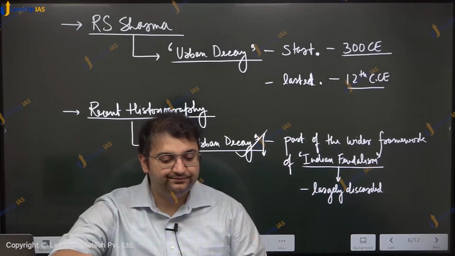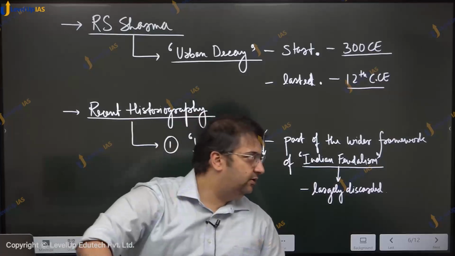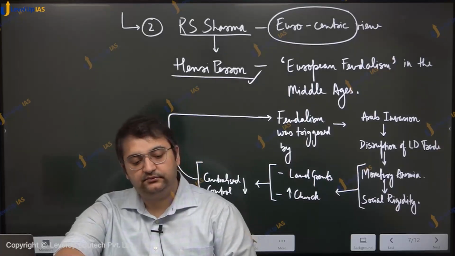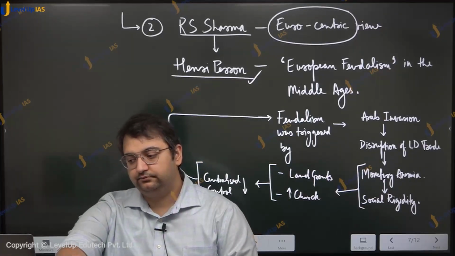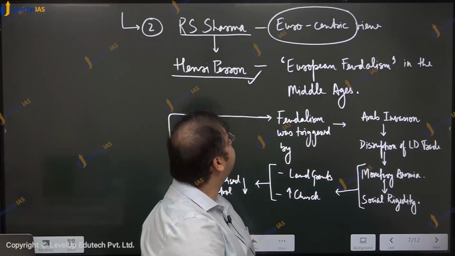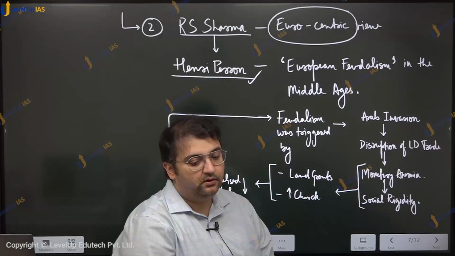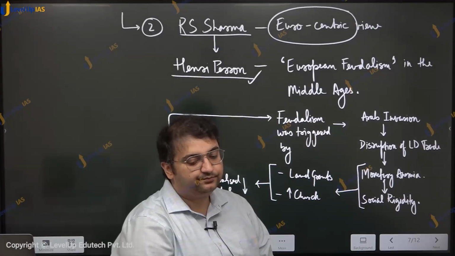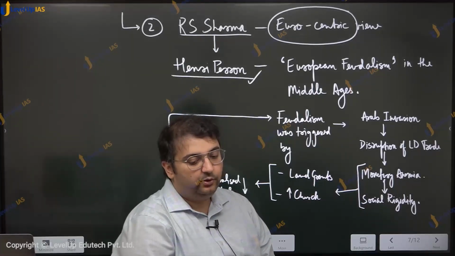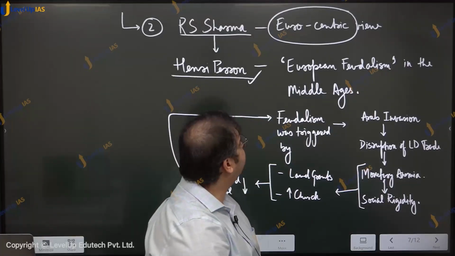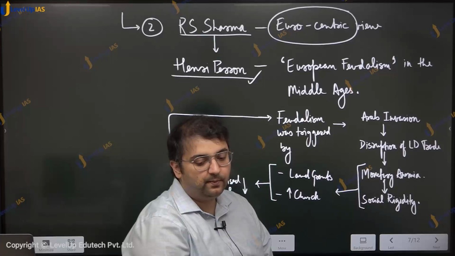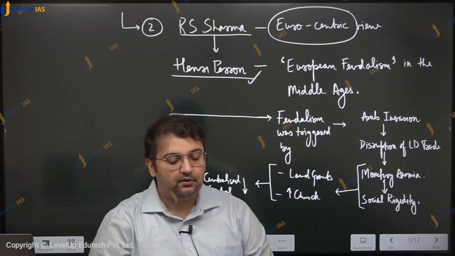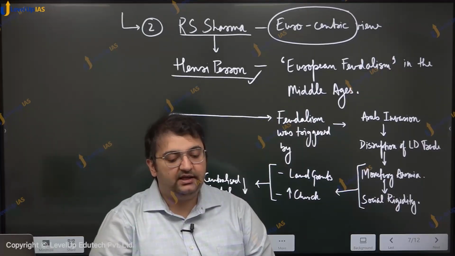As a result, the theory of urban decay has also come under attack. Number 2, R.S. Sharma, who is the most prominent historian to support the urban decay theory,